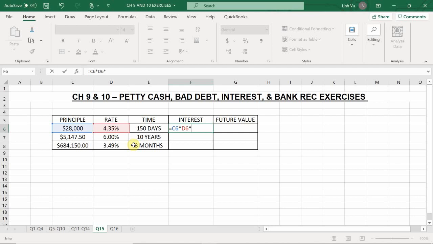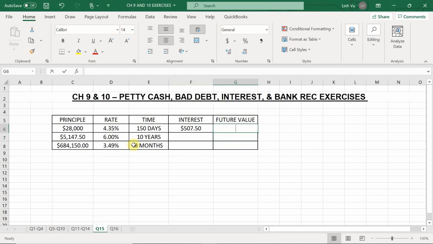If 30 days is equal to 1 month, then 150 days is equal to 5 months, right? So 30 times 5 gives you 150 days. So in this case, it's 5 months. So 5 months out of a whole entire year is going to give you a total of